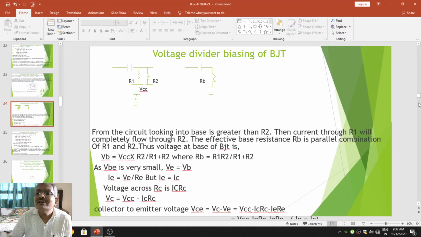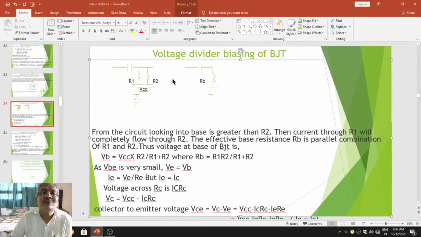The same we are drawing in another way. R1 is connected to the positive terminal of the VCC, and the negative terminal of the VCC is grounded. This is the capacitor C which will connect to the common point of R1 and R2, whereas the other terminal of R2 is grounded. Now look at it. Even though in the main figure R1 and R2 appear in series, if you take its equivalent diagram, it becomes equal to what we can call the parallel combination of R1 and R2.